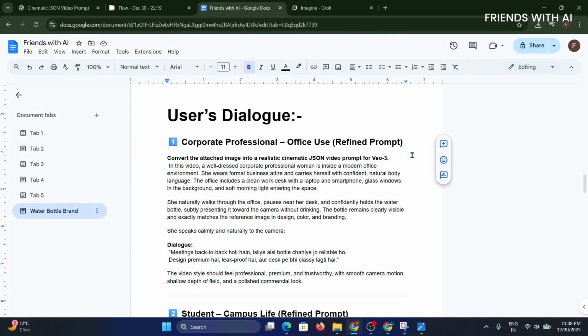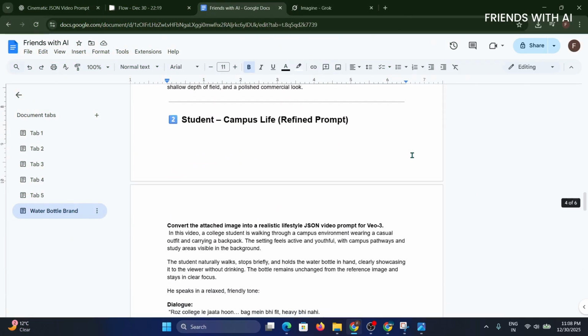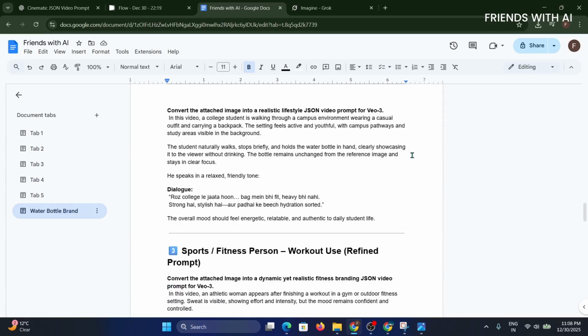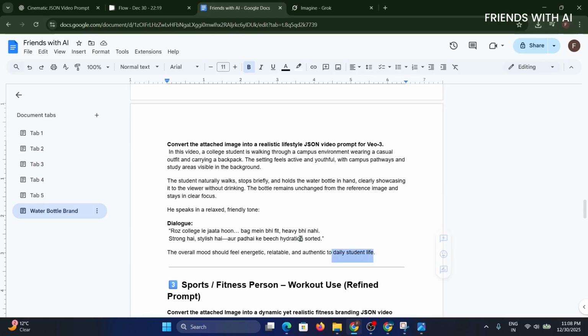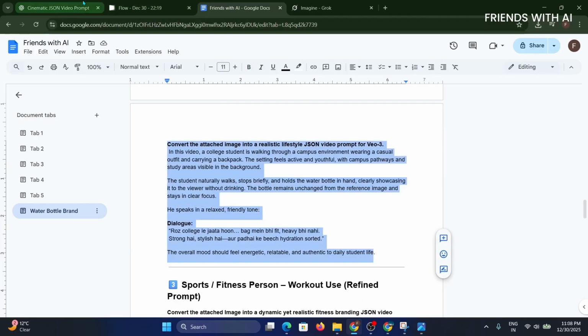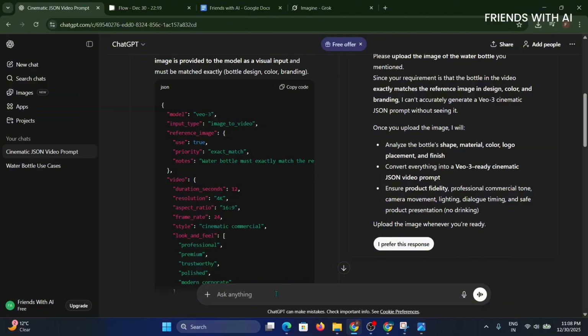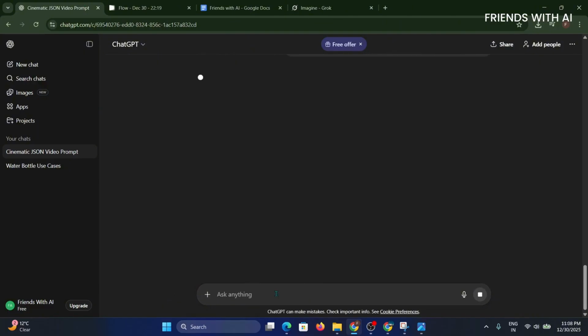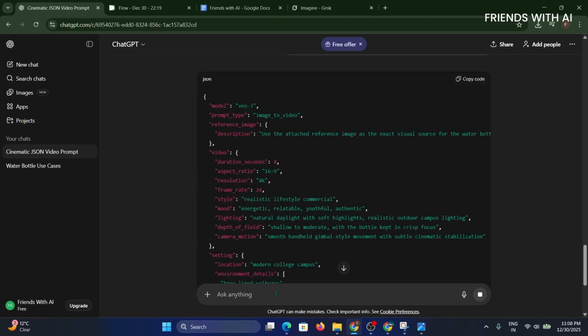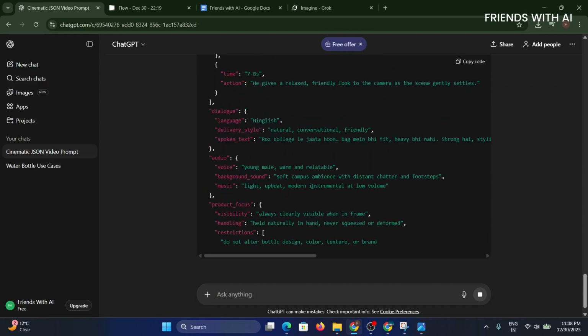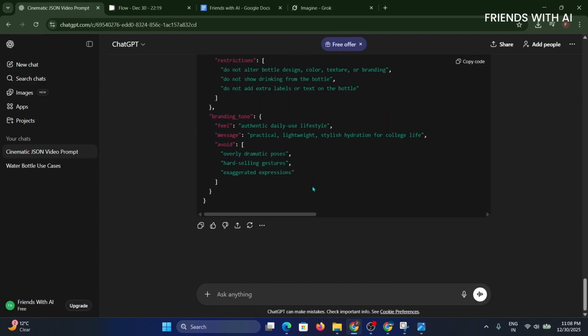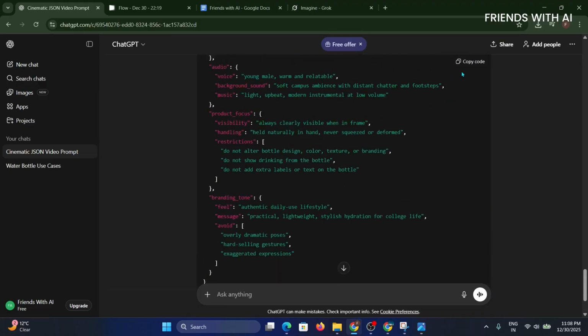क्लासी लगती है. Second dialogue. So first simply I'll copy that and I'll paste it in ChatGPT, and it will convert that prompt into JSON format. See, it generated the JSON code. Now I'll copy it from here